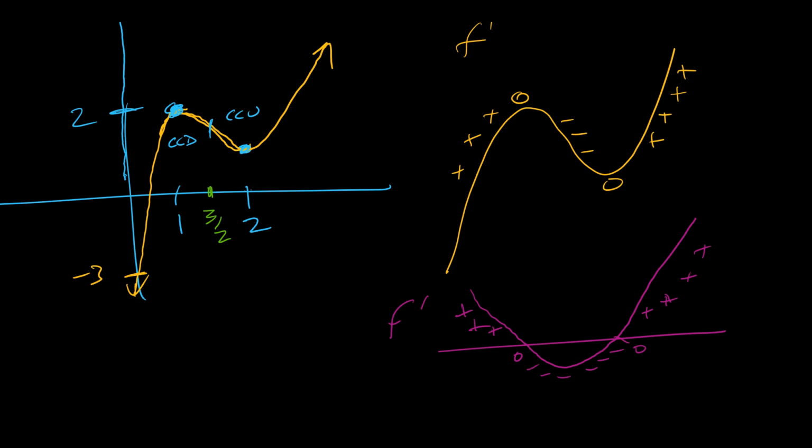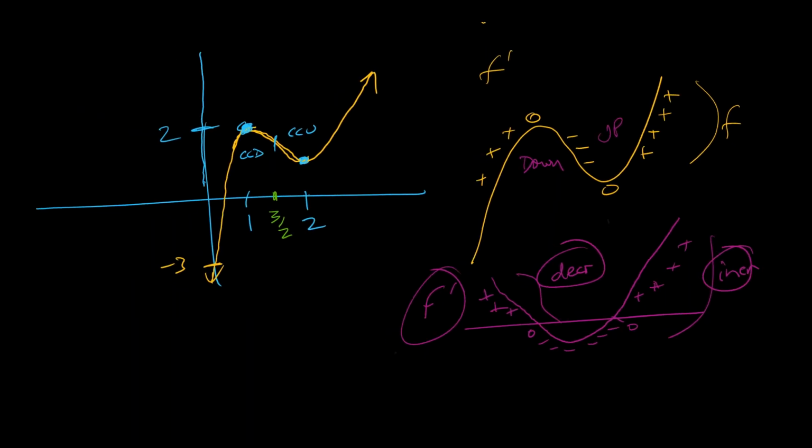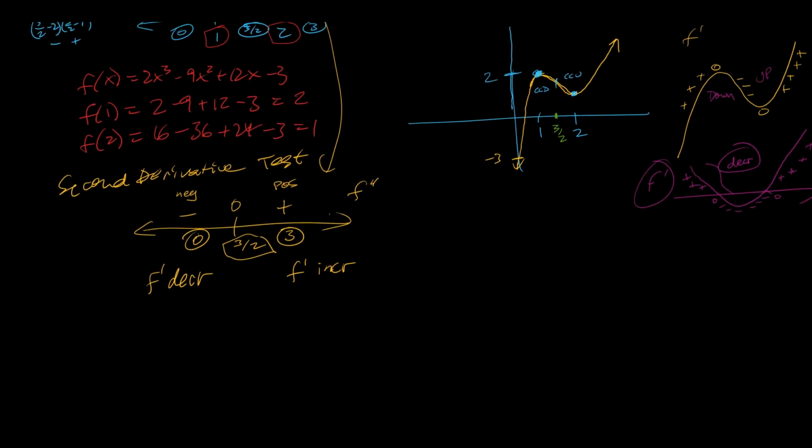So this is the function f, and then in purple is the first derivative. It's decreasing here, and it's increasing here. And so where it's concave down, the first derivative is decreasing. And where the original function's concave up, the first derivative is increasing. All right, and so these are called the intervals of concavity. And so if we go back to the second derivative,